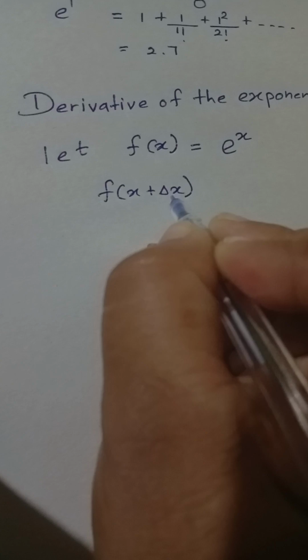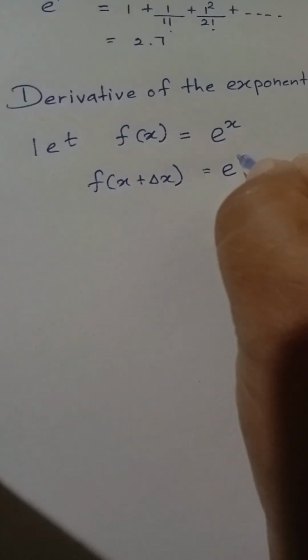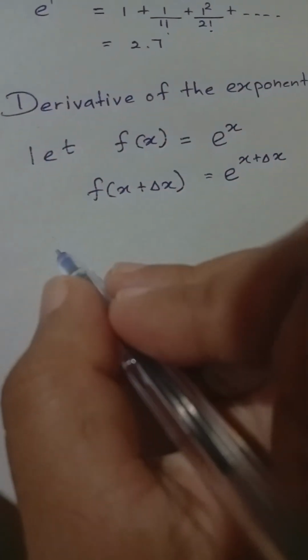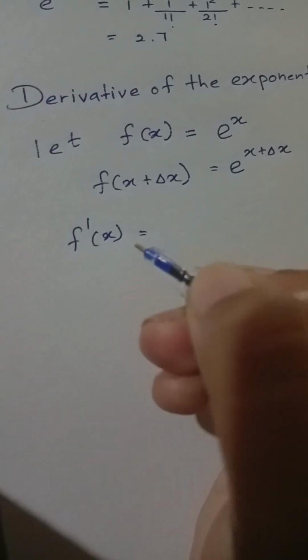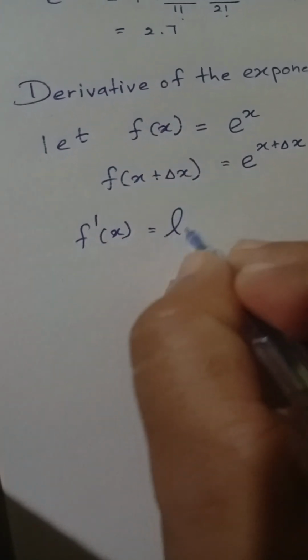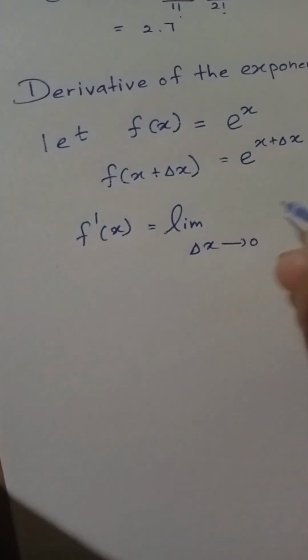Delta x means small increment of this x. That is equal to e to the power x plus delta x. You know here f dash x, the first derivative of function f(x), we can write as limit when delta x goes to 0